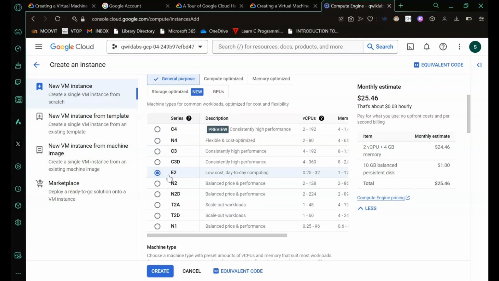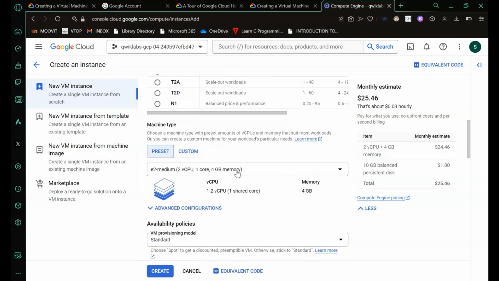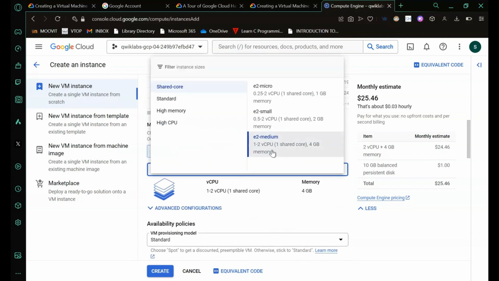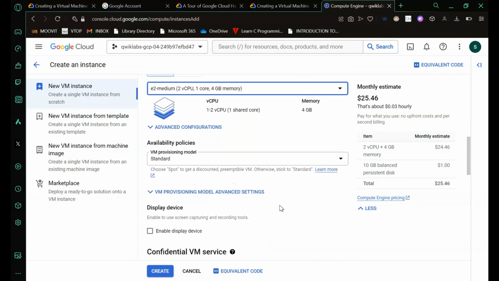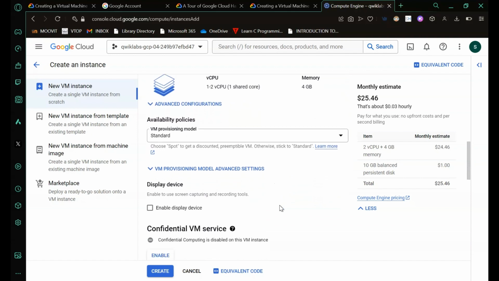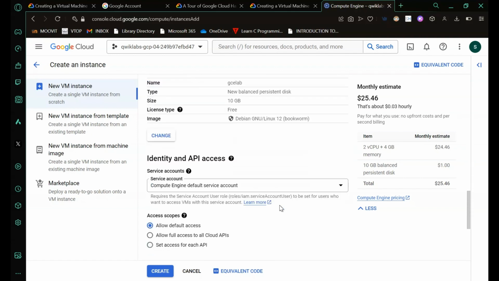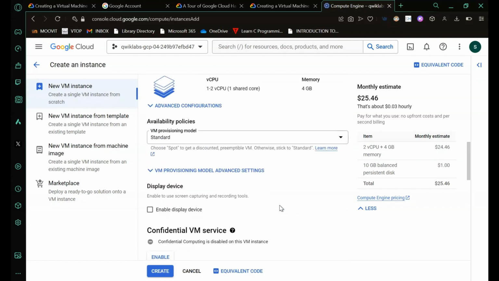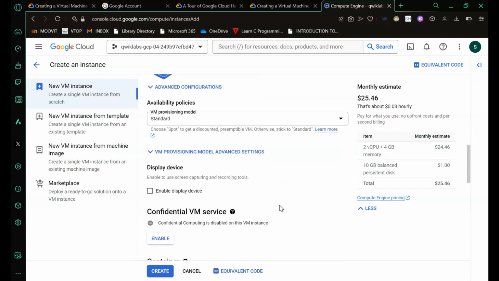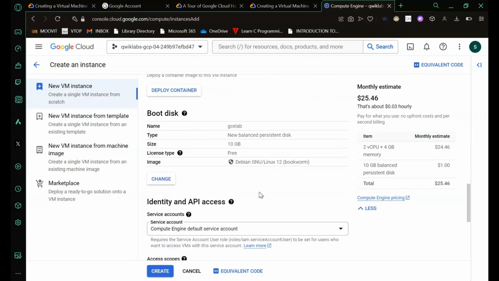We'll be using series E2 machine type. Yes, we need the E2 medium type only. And the boot disk size is also 10 GB.